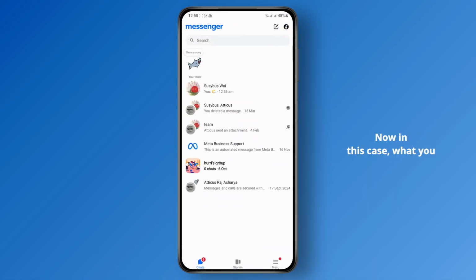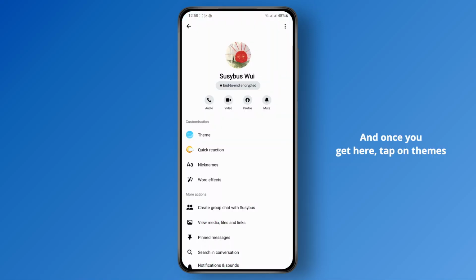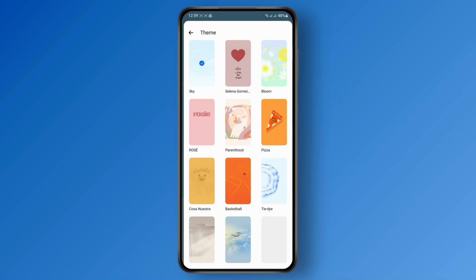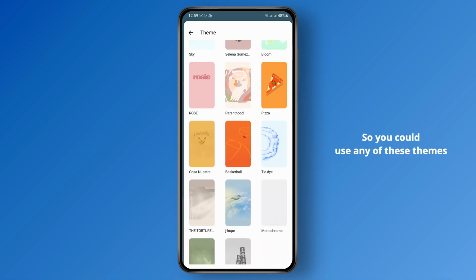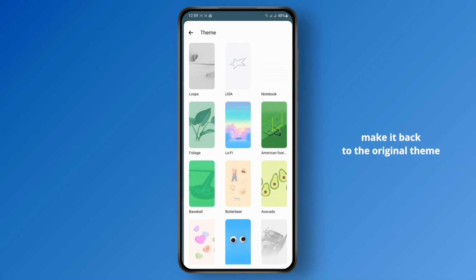Now, in this case, what you want to do is tap on the chat, and at the top right, you'll see the I button. Go to chat info, and once you get here, tap on themes. Now from here, a bunch of themes will appear on your screen. So here are some that have been provided by Messenger. So you could use any of these themes, but if you want to remove it and make it back to